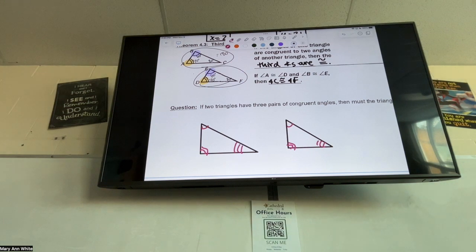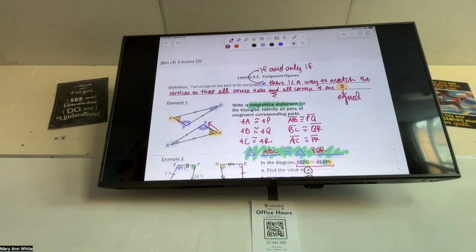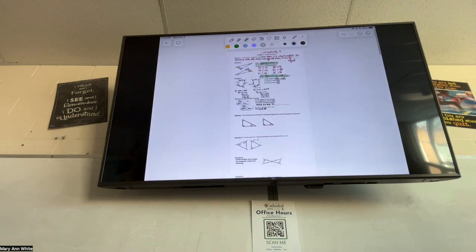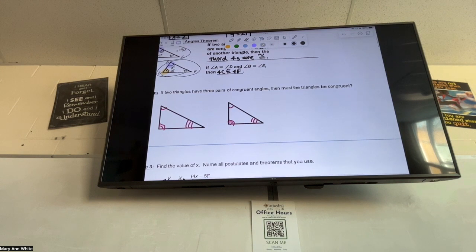Do you remember our definition earlier? For all we know, it said there's a way to match the vertices, so all corresponding sides and corresponding angles. We have no information about the sides. We cannot say that they're congruent. So must they be congruent? The answer is going to be no. We don't know